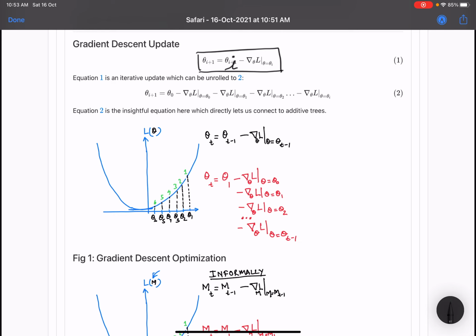So this is the iterative update equation of gradient descent, and what it is really doing, if we look at figure 1, is that you can start at theta 1 and you have this loss at this green point 1, L of theta 1, and then you move from theta 1 to theta 2, and this gap theta 1 minus theta 2 is basically the gradient of L at theta 1, right?